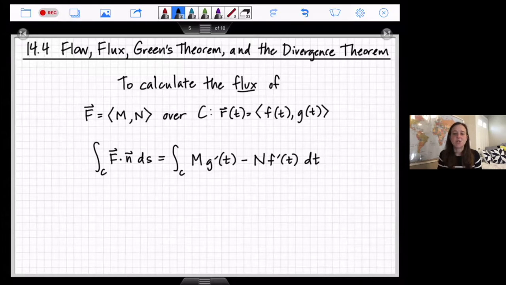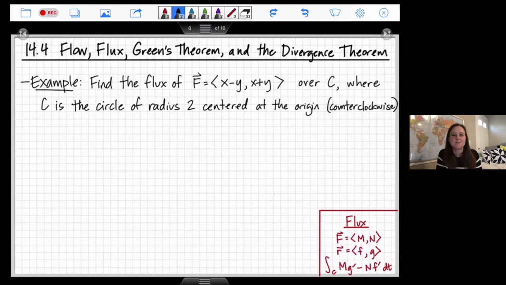This is M times g prime of t minus N times f prime of t, and that M and N are the components of the vector field F. And we say along the curve C because we're still going to plug that parameterization in anywhere that we have y's and x's. So let's calculate the flux of this vector field over the circle of radius 2 centered at